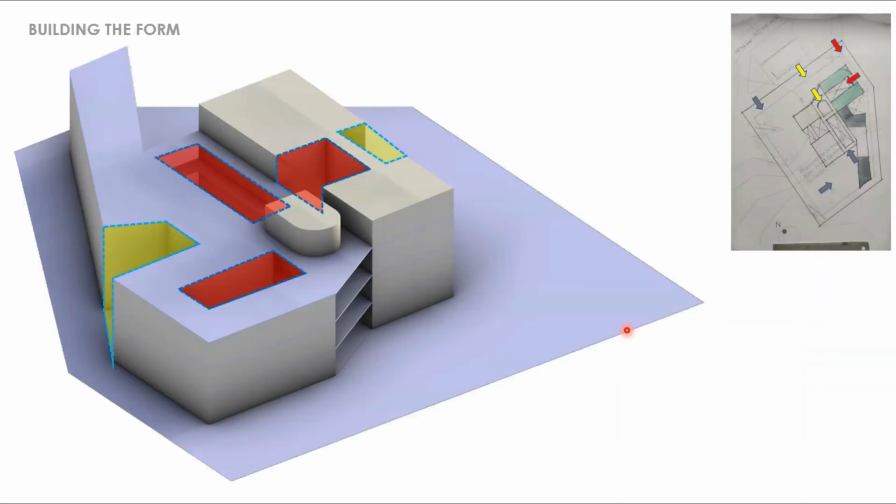After the initial bubble zoning, we started to build upon the form. Firstly, we decided upon the entrances, where we had three entrances to the site. One is the main emergency entrance, second is the main entrance, third is the service entrance to the south. In order to build upon the form, we started with provision of courtyards according to the existing trees on the site. So we have three internal courtyards and two external courtyards in the structure.